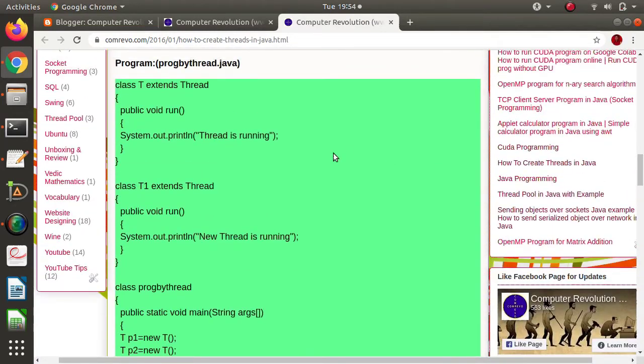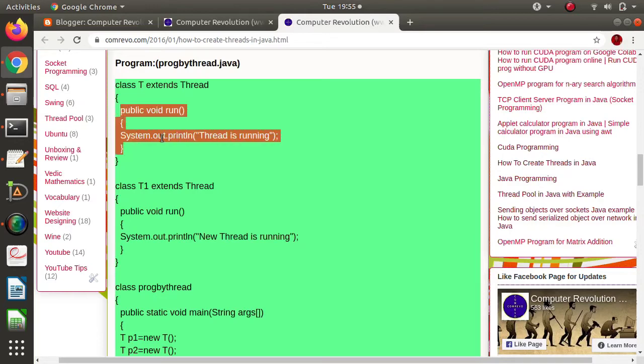For that we need to create one class. There we have to extend the Thread class. Thread is a standard class provided by the Java library. This Thread class provides one method, that is run. Here we need to override the run method and provide some statements for it. The statements we write in the run method will be the task allocated to the particular thread, just similar to the previous example.